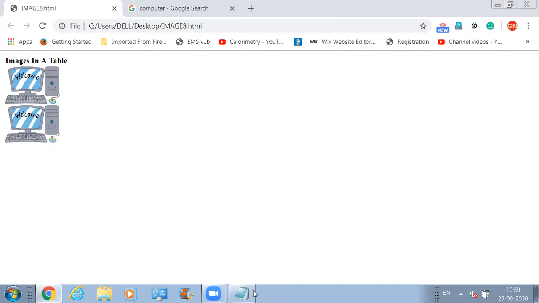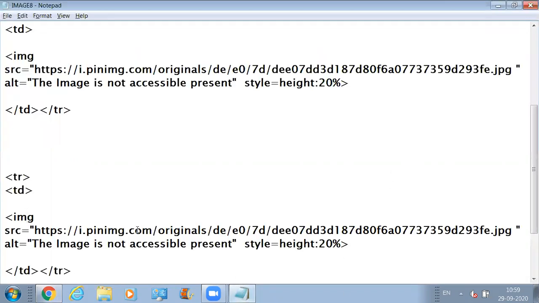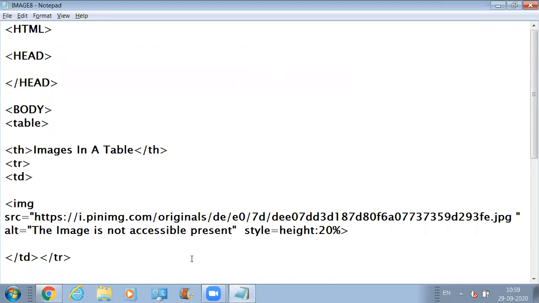Now, if you want to style your table, how can you do that? Can anyone tell me if you want to style anything, how can we do that? How can we style a table? CSS. That is absolutely right, dear. We can define style sheets, or we can use CSS properties. So in order to do that, we can make use of this style tag in between the head tags, and here the type we need to define is text/CSS.